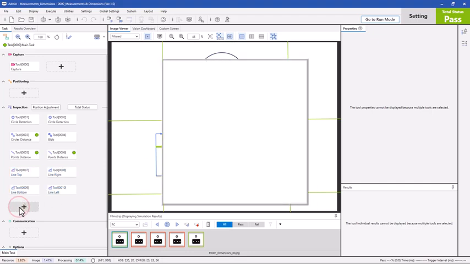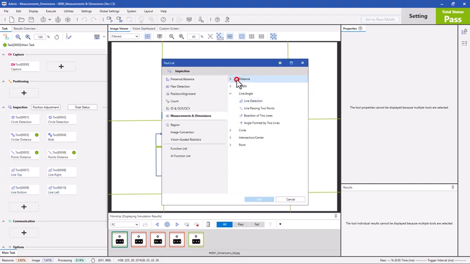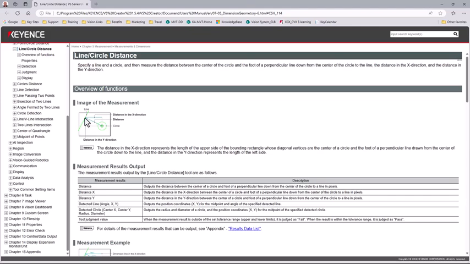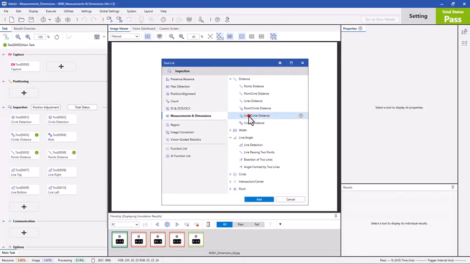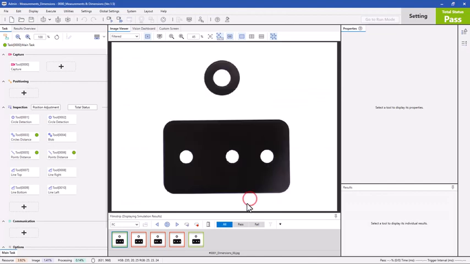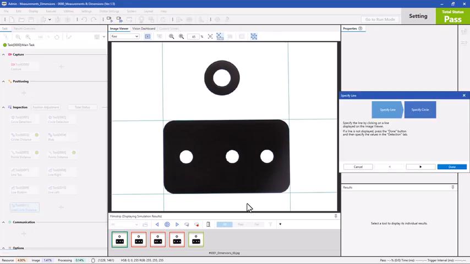So I'm going to go ahead and add, and then from the distance category, we're going to do line circle distance. And again, if you want to, you can click this little help icon. Let me just show you what this will do. It's going to calculate the distance between a line that's perpendicular to the selected line and the circle center. So again, line circle distance, let's add that. And then we can select our points, because we've already detected our line and we've already detected our circle. So all we have to do is